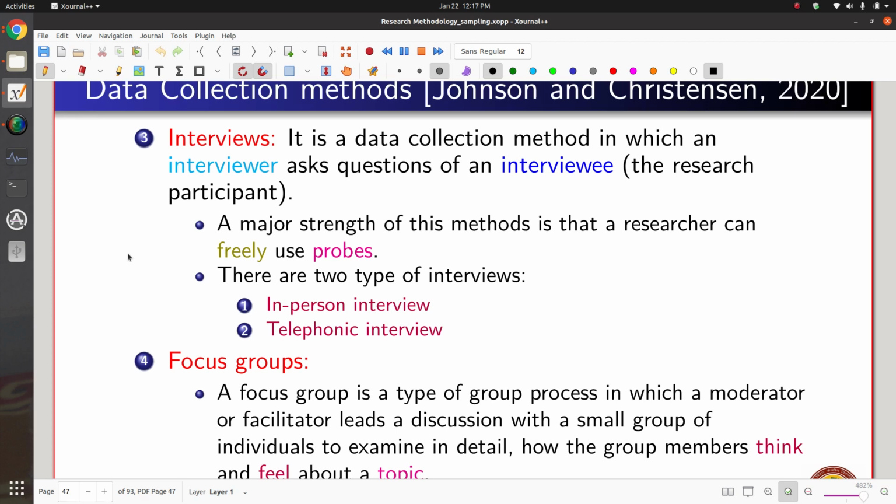Now, generally there are two types of interviews that you can classify on the basis of how they are performed. One is called in-person interview, and the second is called telephonic interview. In-person interview means the interviewer is directly facing the interviewee. Both interviewer and interviewee are sitting at the same place. They are able to see each other, and you can ask. So the advantage of this kind of interview is that